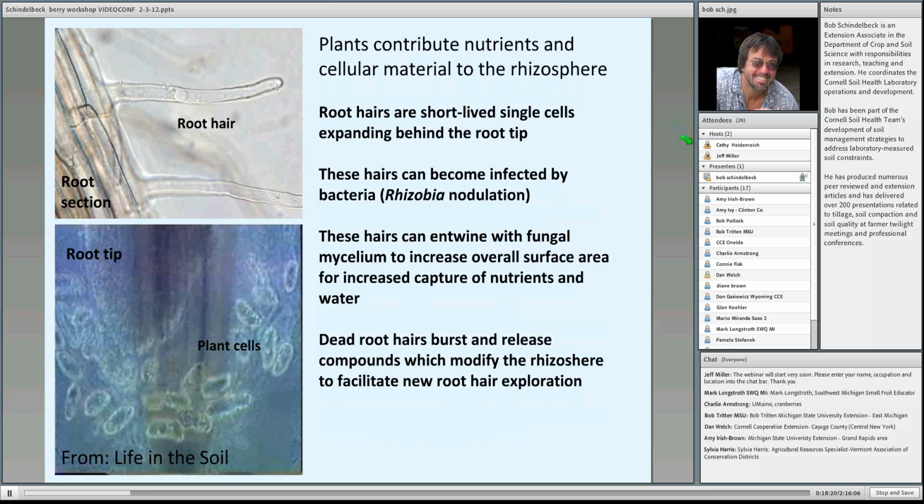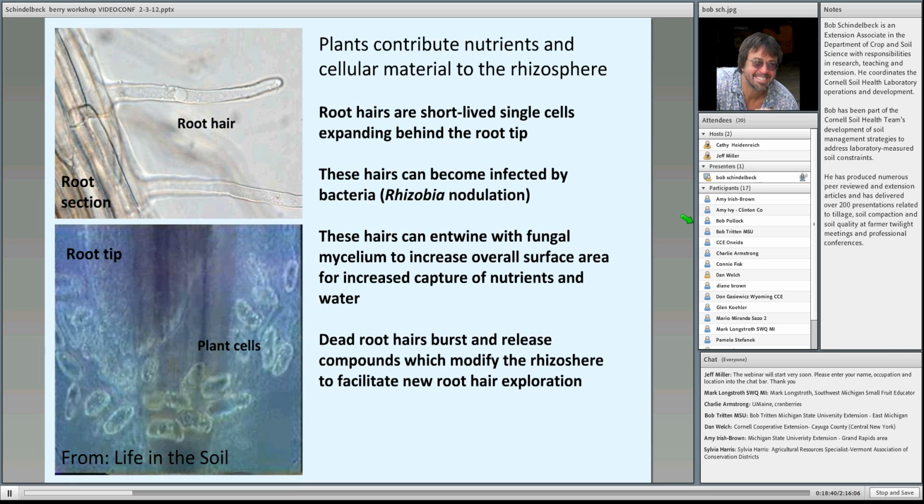And the reason for this is that this root tip is kind of the pilot going through the soil. It doesn't take up much water or nutrients. Where that happens is further up the root. So where I show the root section and the root hair on the top part of the slide, I'm actually